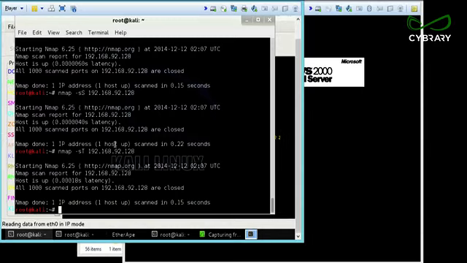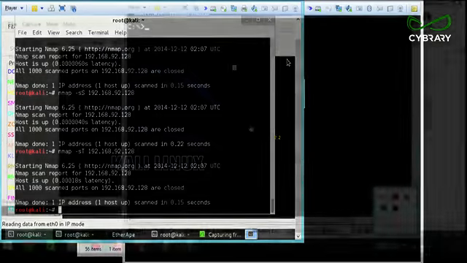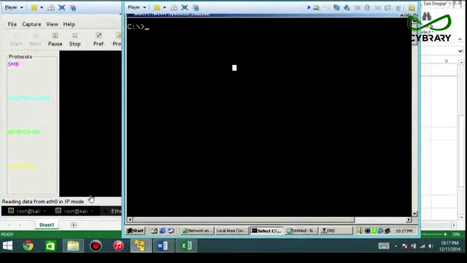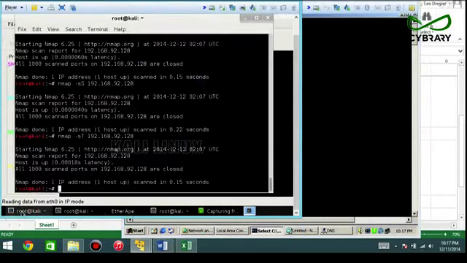And that would conclude a little comparison of the Christmas scan, the FIN scan, and the null scan. So the next scan that we can do is a ping scan. Ping scan is a relatively easy scan to do. What we do is we basically start with our basic nmap, tag capital P, put in our network,